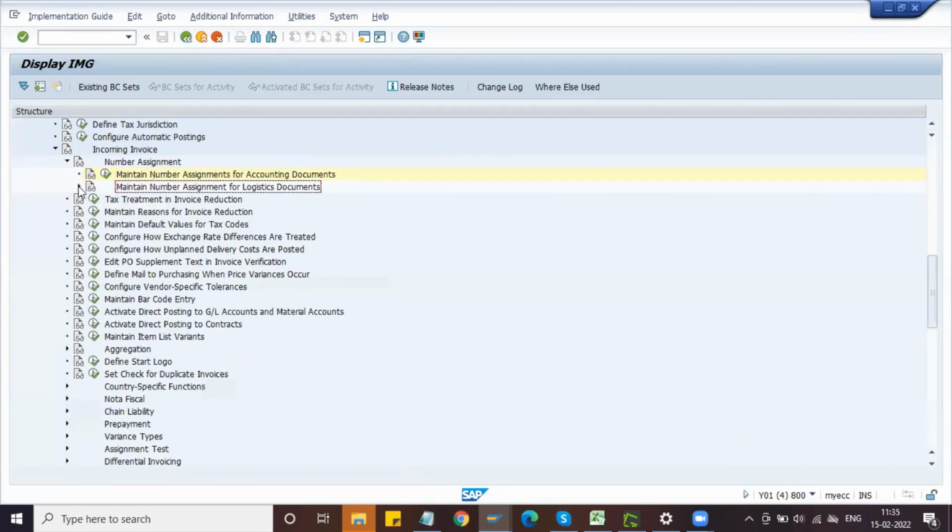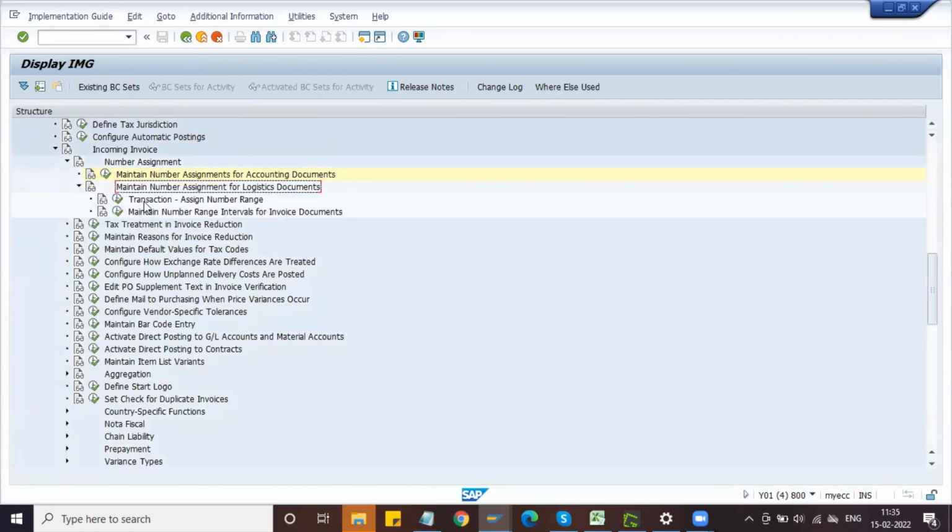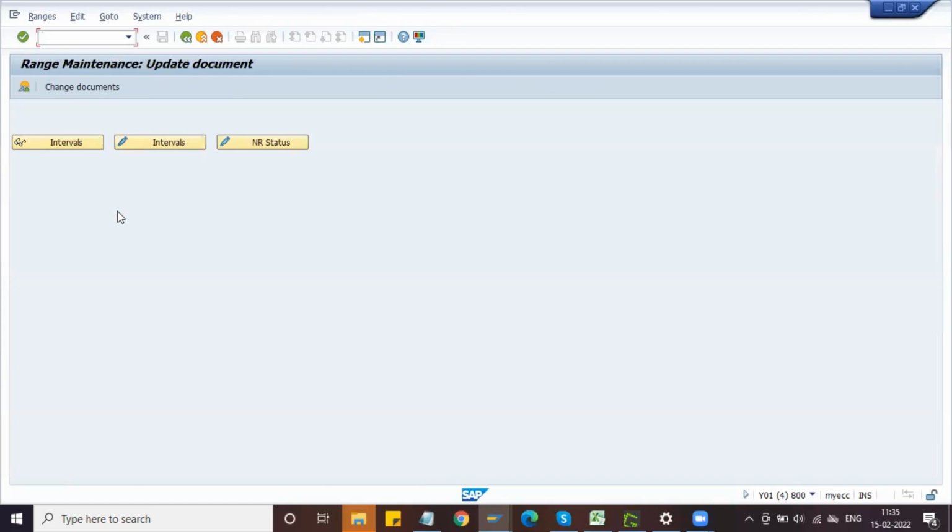Now go for Maintain Number Range Assignment for Logistics Documents. And go to Maintain Number Range Intervals for Invoice Documents. Because we are creating one invoice document, I mean invoice receipt document, along with one